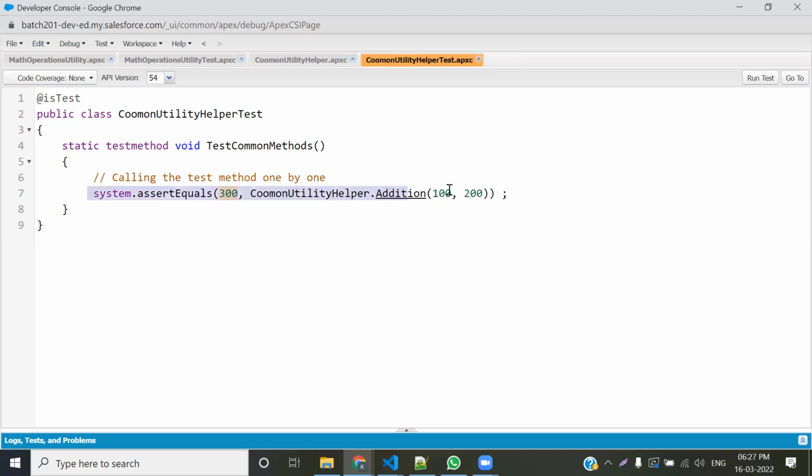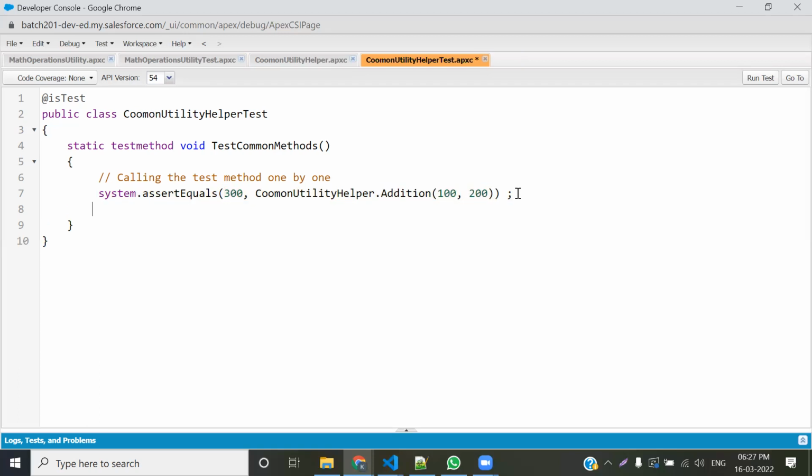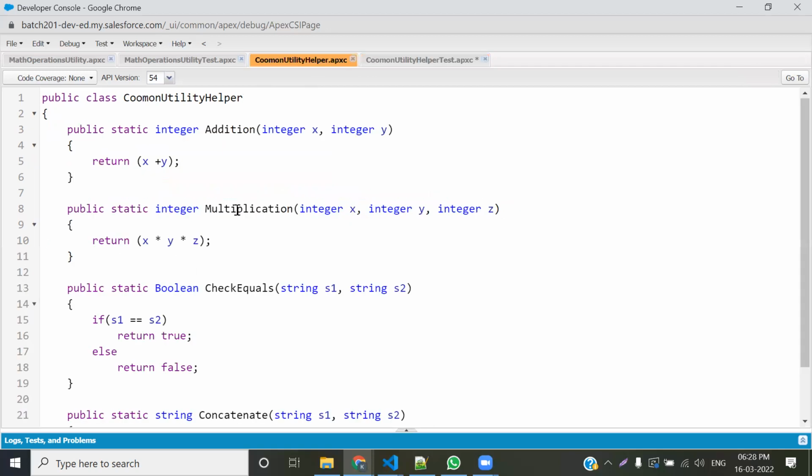Now you could try it with another data also. That means ऐसा नहीं है कि आप इसी से try करो. You could even call it with another data. Let's give like 900 plus 700. Ideally, how much I should get? I should get 1600 at that time. ठीक है. That is, 9 plus 7 is 16, right, है ना। तो आप जितना अलग अलग डेटा देना चाहो, उससे भी ट्राई कर सकते हो, ऐसा कुछ जरूरी नहीं कि आप एक ही डेटा के साथ में ट्राई करो उसको। चलो इसी तरह से मैं बाकी मेथड्स भी call कर सकता हूँ।